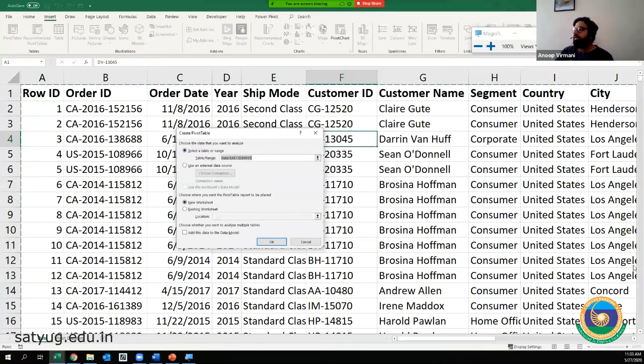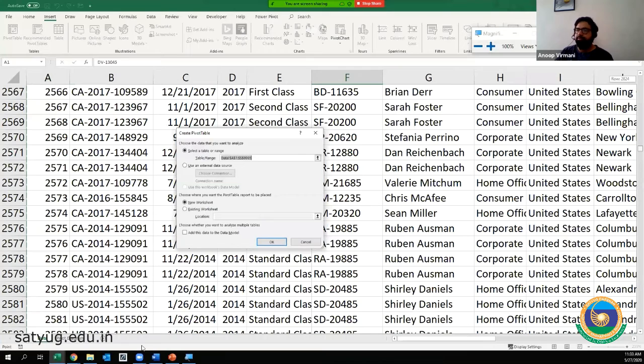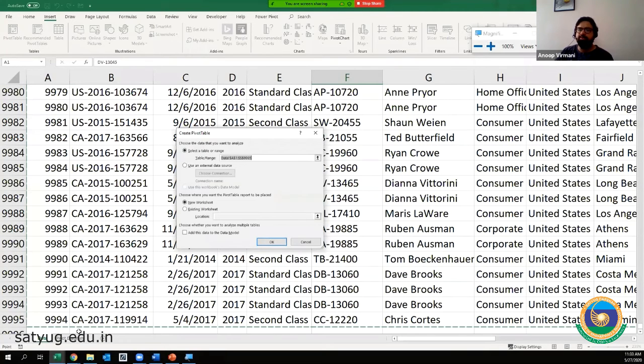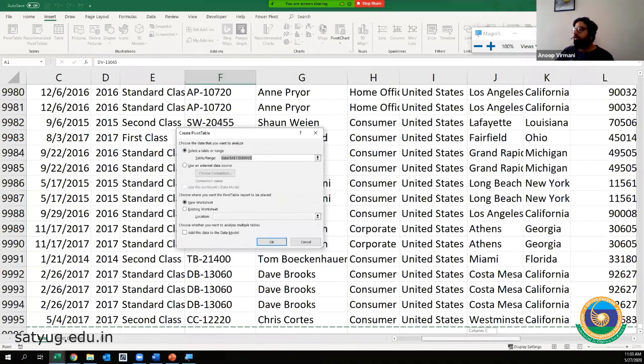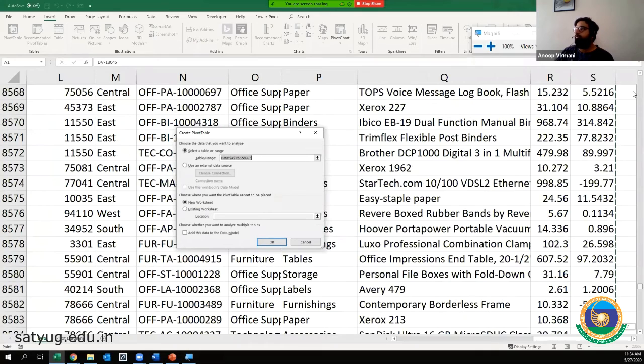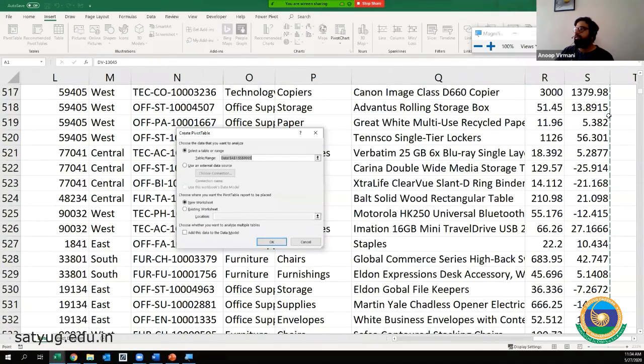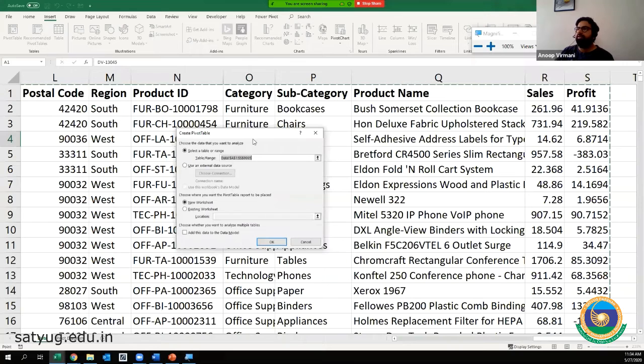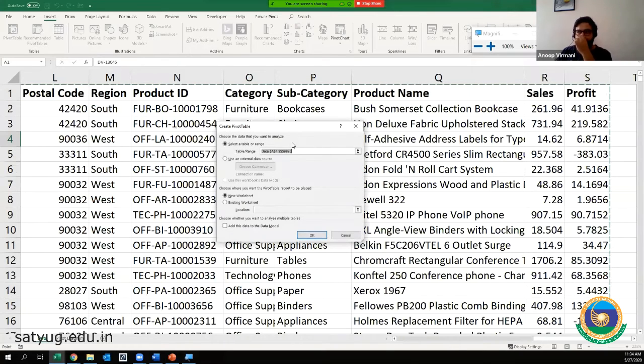So this has selected till the end. All 9,994 transactions have been selected till the end, and all the columns also have been selected till Profit. Right? You see a running border. So this says this is the selection that we are working with.